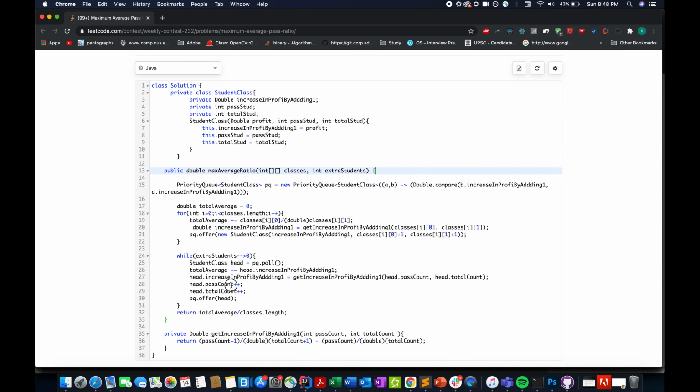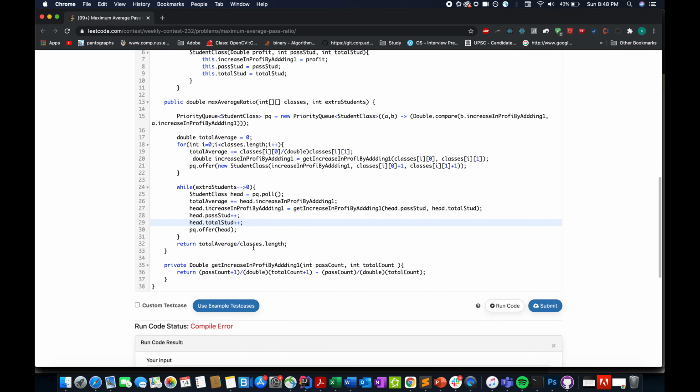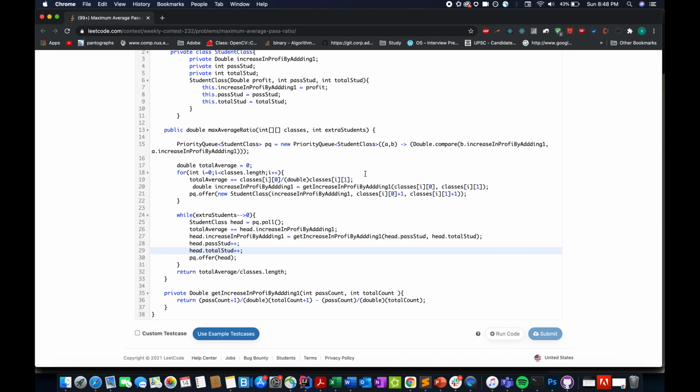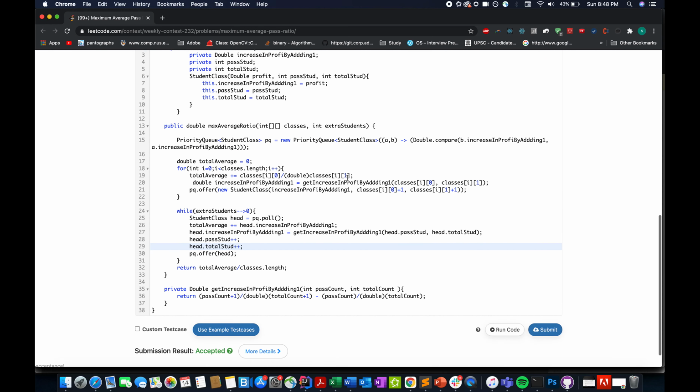Oh, this is not pass count, this is pass student. Sorry for the mismatch. And this is total student, and I named it total count. Let me just update that. Looks fine. Accepted.